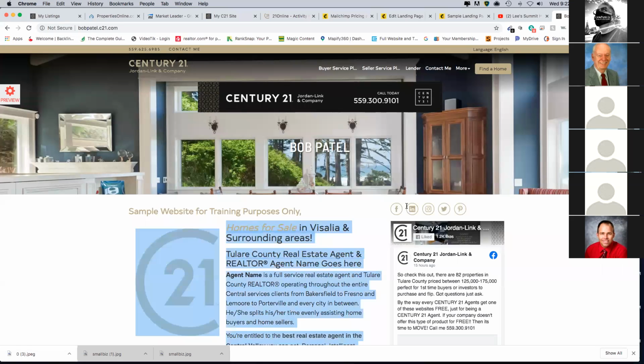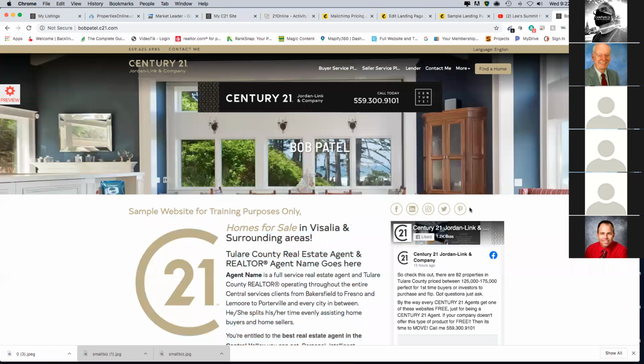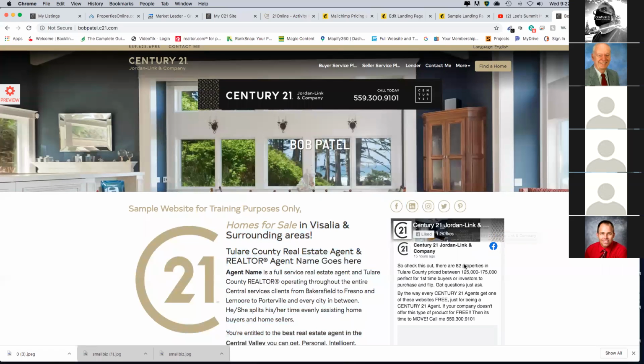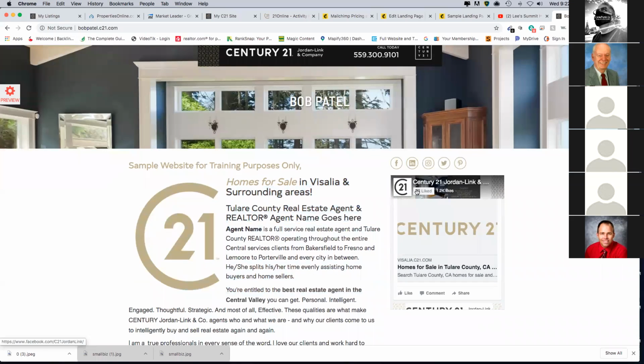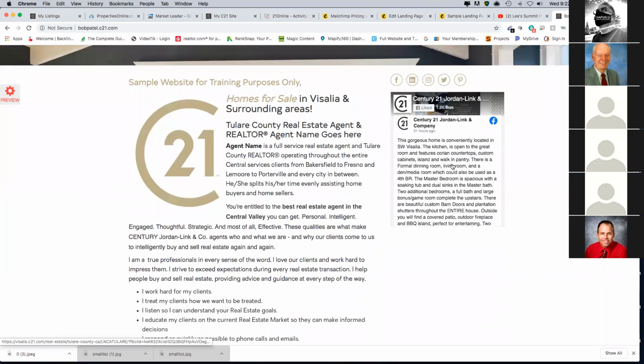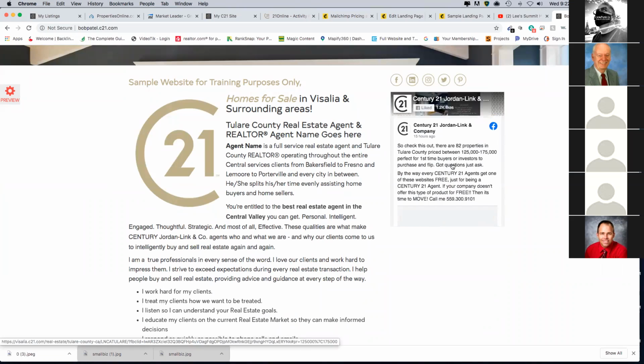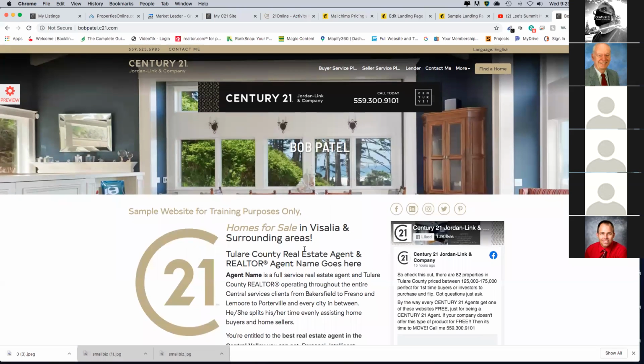This is where you put all your social media accounts, right here on the right above the Facebook feed, because of course you want people to go into your Facebook and like it, so you can do more advertising and targeted ads on Facebook and reach more people. So this website will pretty much allow you to do everything that you want to do, add content. One of the cool things about this website